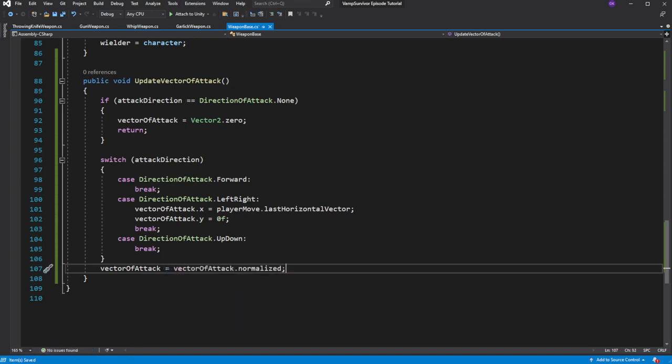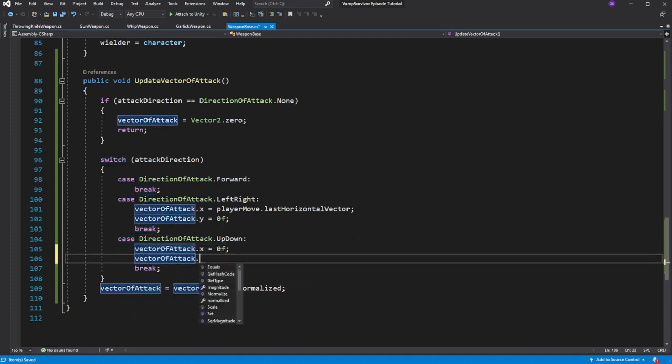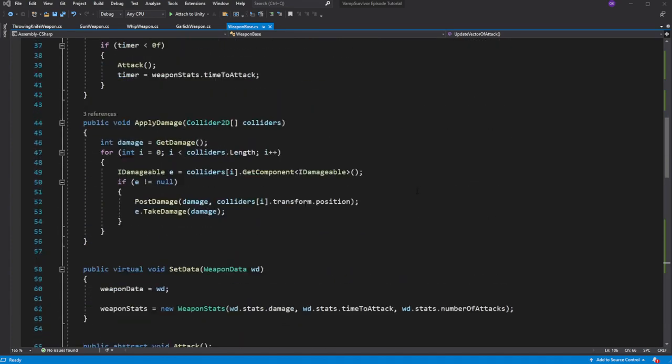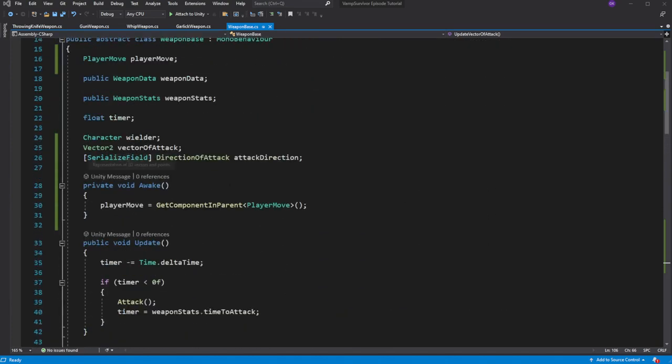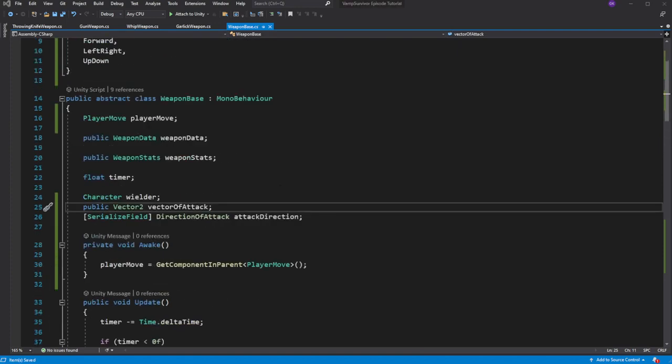Normalize the vector. Good. Let's make up and down direction too. Here we will use the vertical vector. Good. We have generated the vector of attack. And to use it in our weapon, we need to make the variable public. Open the throwing knife script.